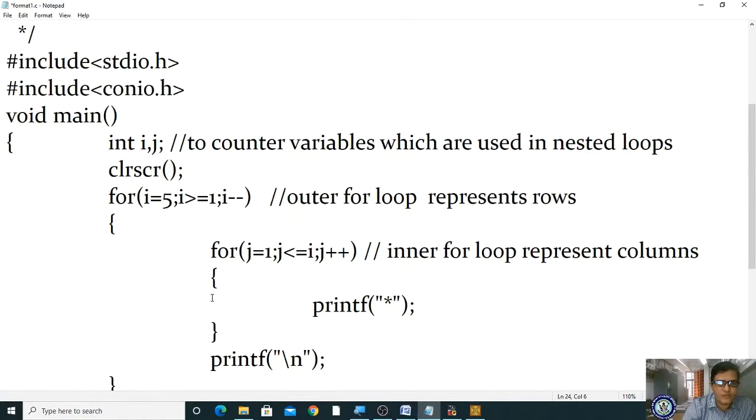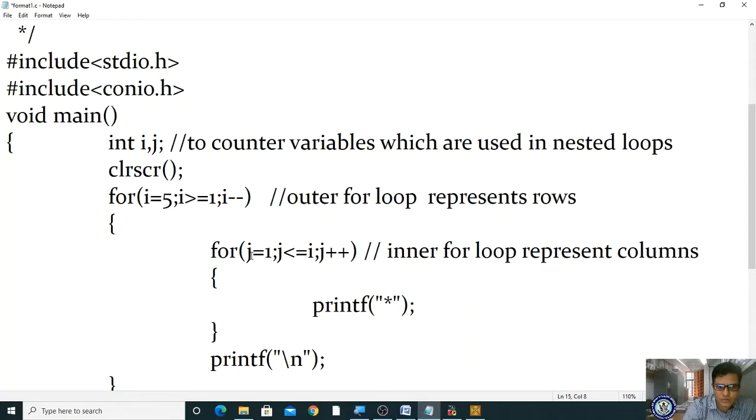After that, control comes here, right? Because the condition is false, whenever the condition is false, j will be initialized to 1. Got it? Now what is the new value of I? Actually I is 5, I'm decrementing by 1, right? If I decrement by 1, 5 minus minus becomes 4. 4 greater than or equal to 1, condition is true, it will enter into the inner for loop.